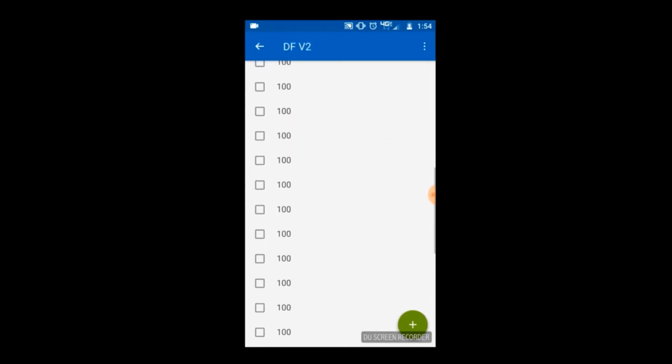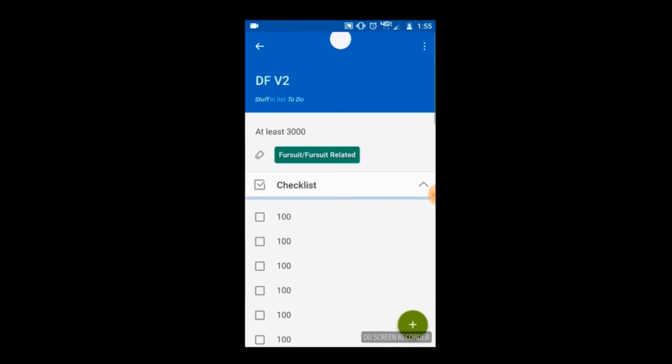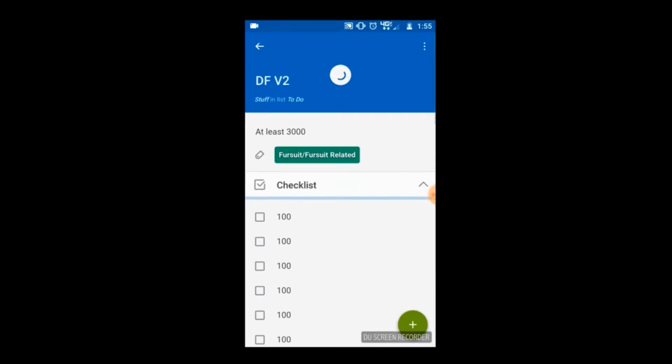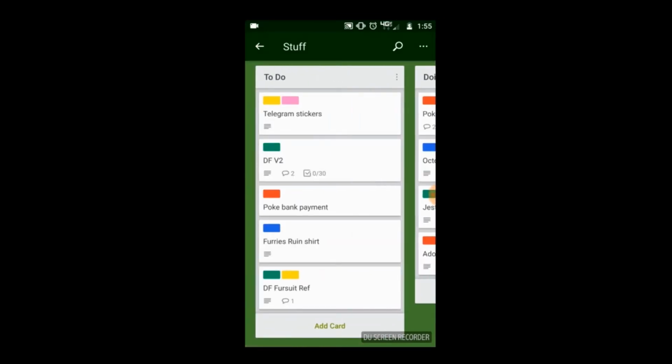And having it this way means that every time I check off 100, the 100 will disappear from the list. And this progress bar will continually get bigger and bigger and bigger. And it's a good motivator. It's a nice way to see that your progress and everything you're doing is working. It's doing something. You're succeeding. So, if you want a way to organize everything you're doing, everything you want to do,